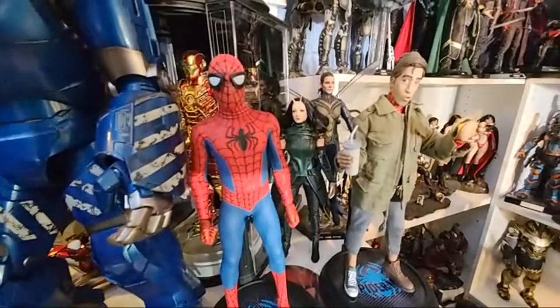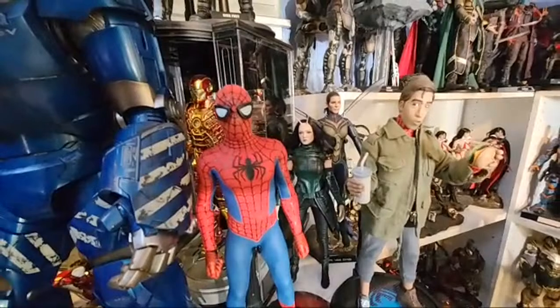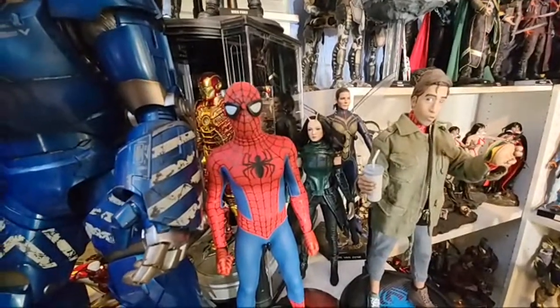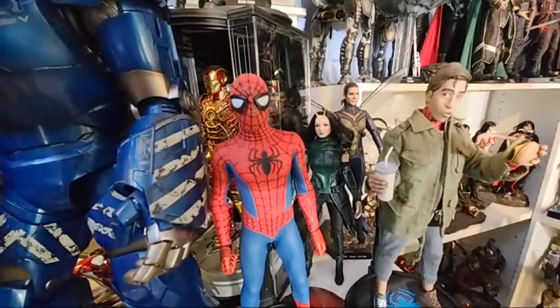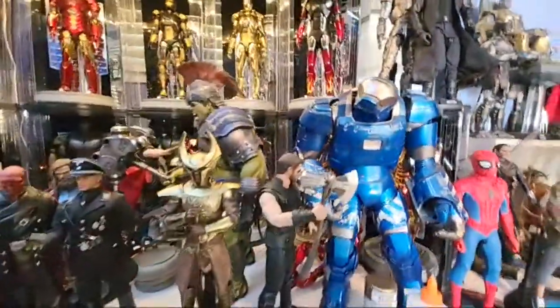Mantis, love that one. There were 2 companies that were making it, and I waited on the second one, and it took like a year and a half to come out after that. And I was so happy to get it. And then there's Wasp. She was also another one that came late. With, I think, an SH Figuarts down there. Wasp, Mark 38 Igor, and